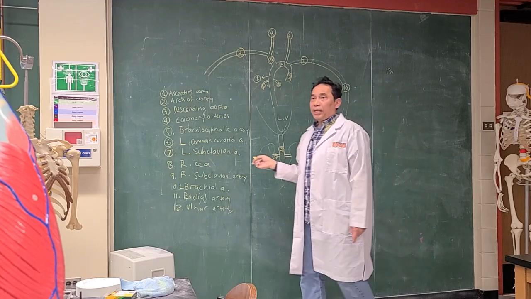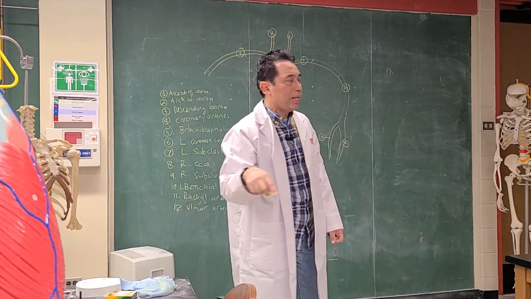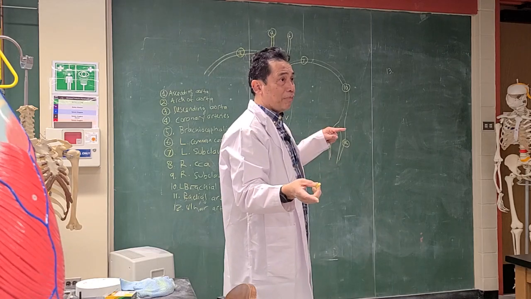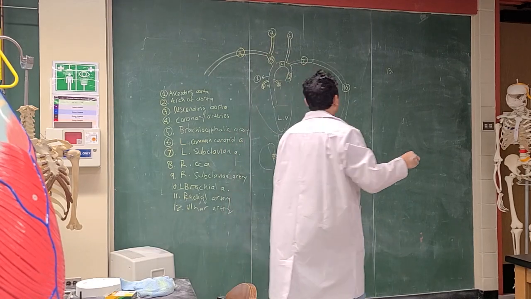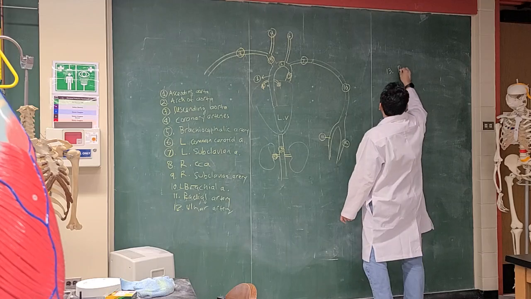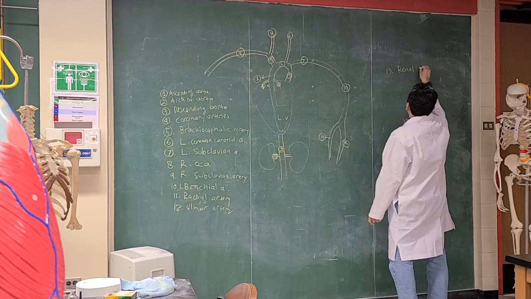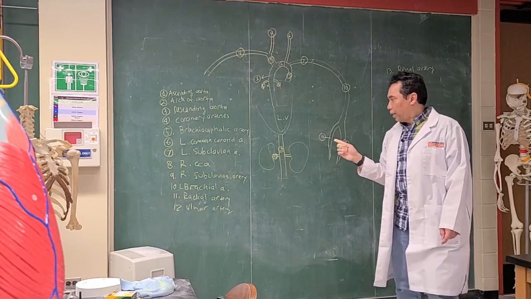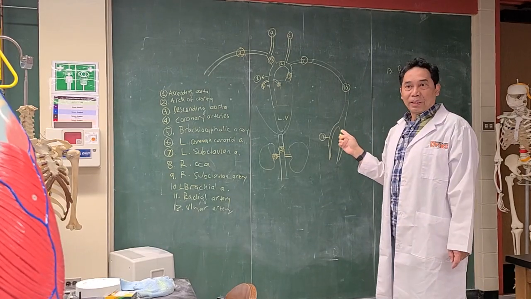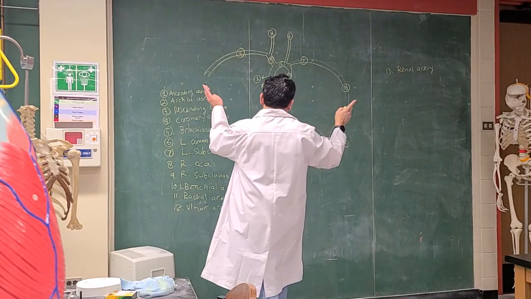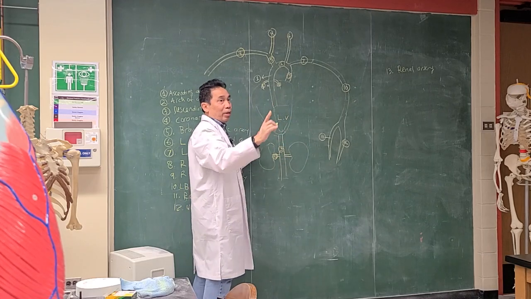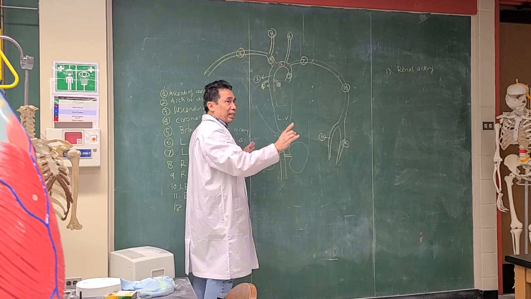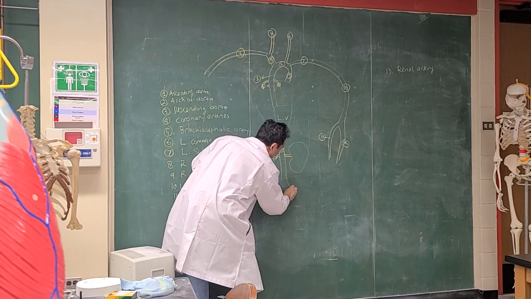That's the artery going to the kidney. The name is going to be renal artery. If it is on the left, it's going to be left. On the right, it's going to be right. So number 13 is renal artery. And then there are many more, but there are so many organs in our abdominal cavity. We will pass that. We'll go to the bottom one.